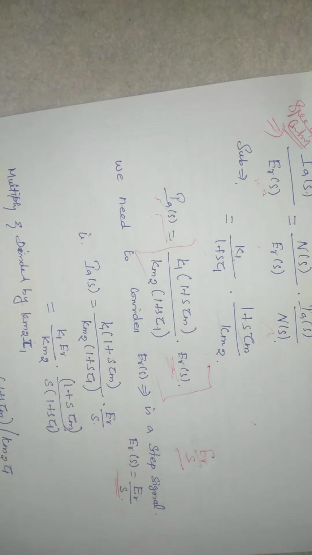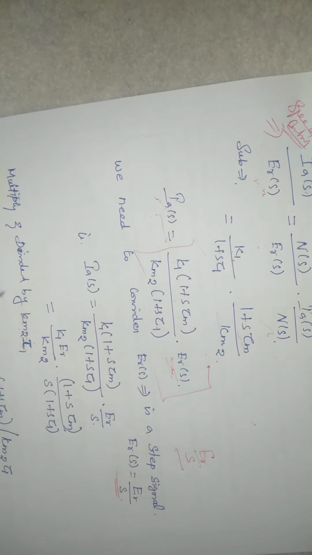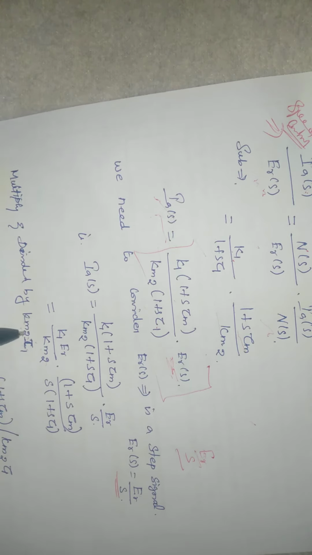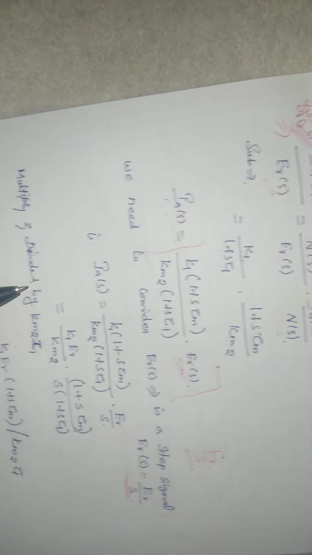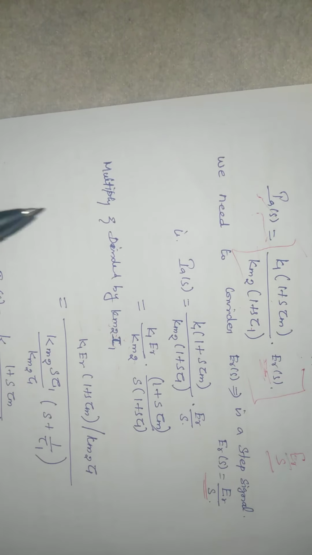So now the numerator and denominator are multiplied with a single term, km2 tau 1, for simple consideration, because we need to know what terms we are having. So km2 here, and one more term, tau 1, is there, so this term is taken as multiplying and dividing part. For the next step, simplifying the equations, we need to know. For that we are going through these steps.